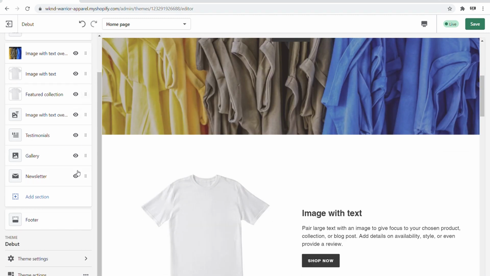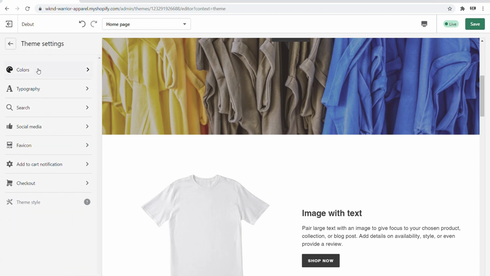Okay, now let's click on theme settings. On here, we can change your themed colors, fonts, searchability options. We can add social media links. We can change our favicon. Our favicon is what would show up here. We can change our add to cart notification, and we can change our checkout style. Okay, so if we click on colors,